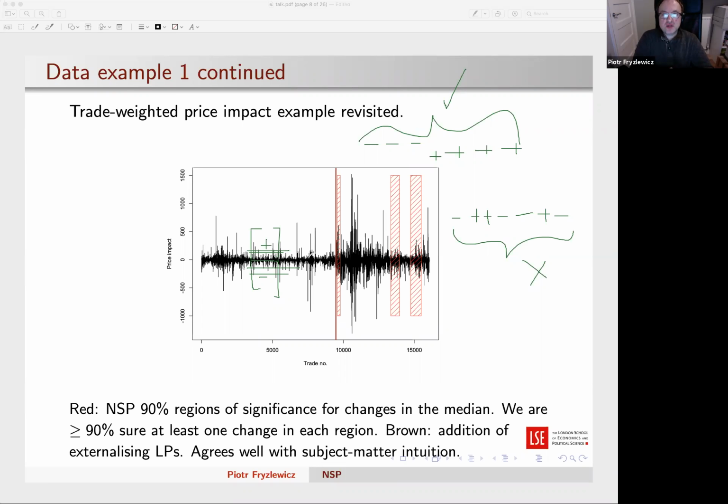The interesting bit there is, so there are at least two interesting things there. One interesting thing is that this approach gives much narrower intervals than the self-normalized approach that I introduced to you. And the other interesting thing is that